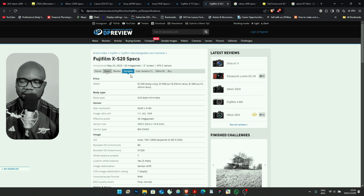You can customize it to your liking, and you have a little bit more customization, and you can have those banks on top with a dial, which gives you the possibility to put a lot of your custom modes, and it makes shooting with that camera just a breeze and very easy and very simple. That is something that I appreciate about this Fuji. So those are some of the cameras that I think you could be interested in, and I personally think that